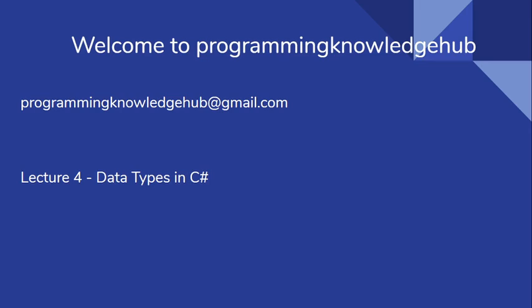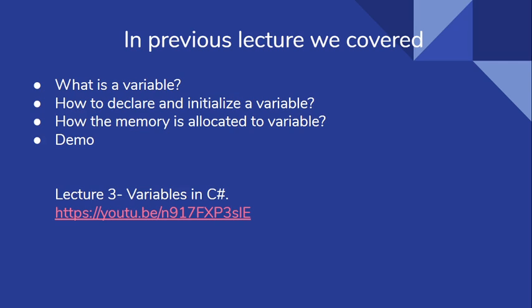My name is Vishal. This is the fourth lecture of the tutorial series C# tutorials from scratch. In this lecture, we are going to see what are the different types of data types in C#. In the previous lecture, we saw the following topics: what is a variable, how we can declare and initialize the variable, how the memory is allocated to a variable, etc. And one practical application. If you haven't seen my previous lecture, I strongly recommend you to watch the previous lecture